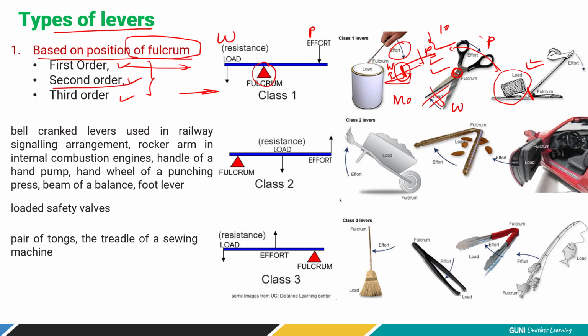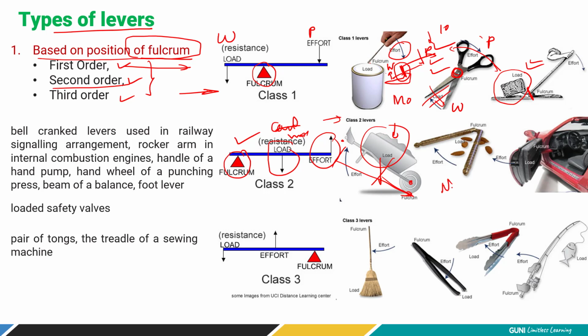Now, in case of second order, the fulcrum is on one side, right? But simply discussing that is not enough. Here we have to keep the load at the center, or you can say the middle, and the effort remains on the other side. Now, what are the examples of this? Just see the wheelbarrow, where the load is in the middle. This is our fulcrum point, and this is our effort. So the effort arm is longer with respect to the load arm, so we can lift a very heavy load in a wheelbarrow, right?